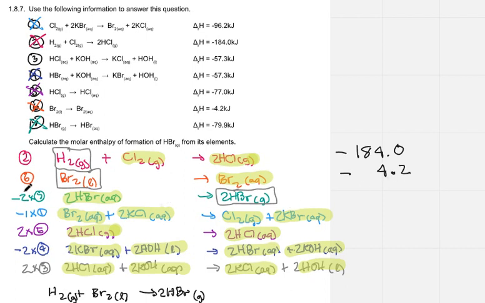We flipped and doubled reaction 5. So we flip this to plus 77, and then we double it to get positive 154. We flipped reaction 1, so we flip this to plus 96.2. We doubled reaction 5, so we double this and get,